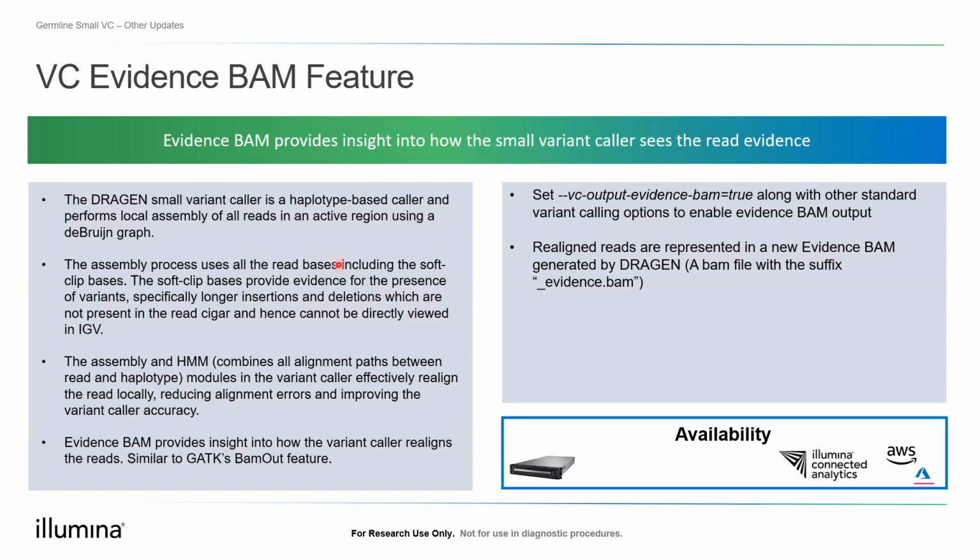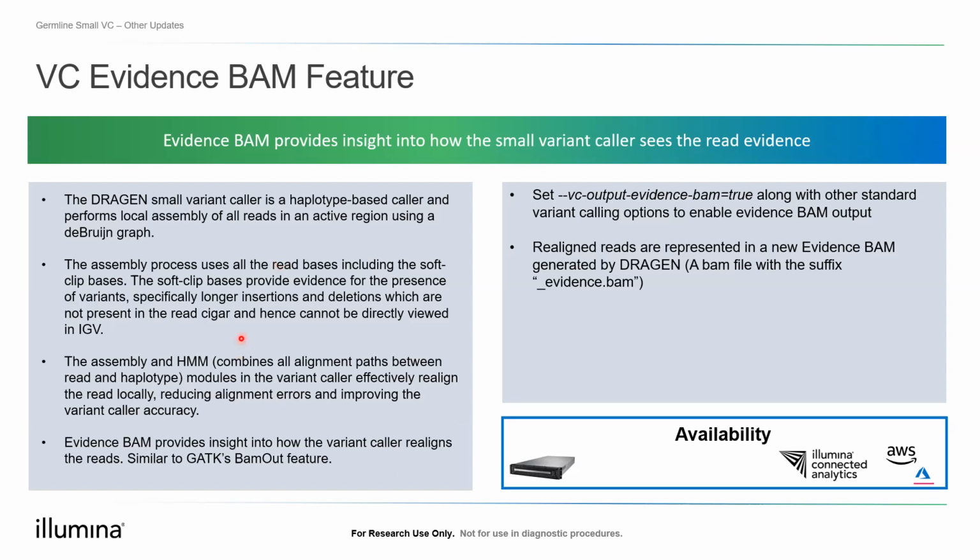So if you're running DRAGEN today, you have a BAM file and you have the variant calling file. The BAM file doesn't completely reflect some of the calls that the variant caller is making. And when you go and investigate it, you may see that the evidence may not be complete. And again, this is simply because the DRAGEN variant caller is a haplotype-based caller. It performs local assembly of all reads in the active region. And what this assembly process does is it uses the read bases, including the soft clip bases. And the soft clip bases provide us evidence, especially in indels, and those are not present in the read CIGAR. And hence, you cannot see that evidence directly in IGV when you open the BAM file that is coming out